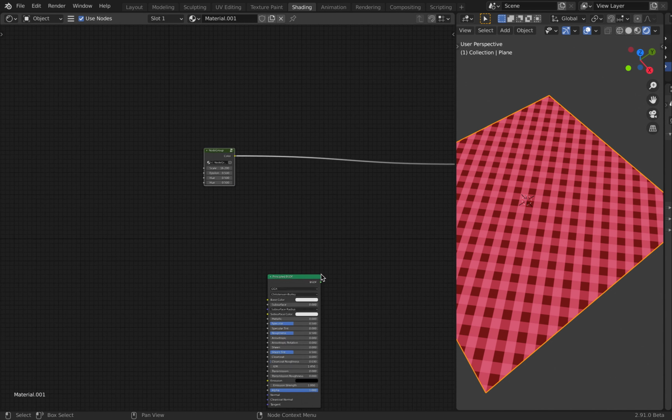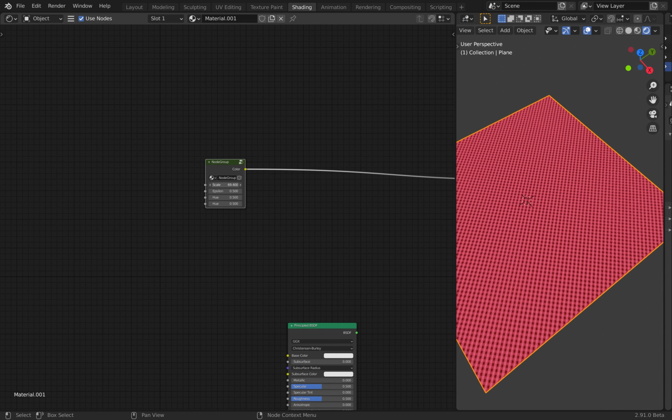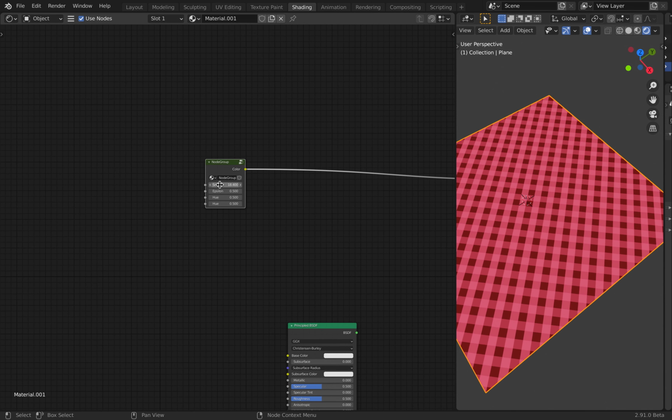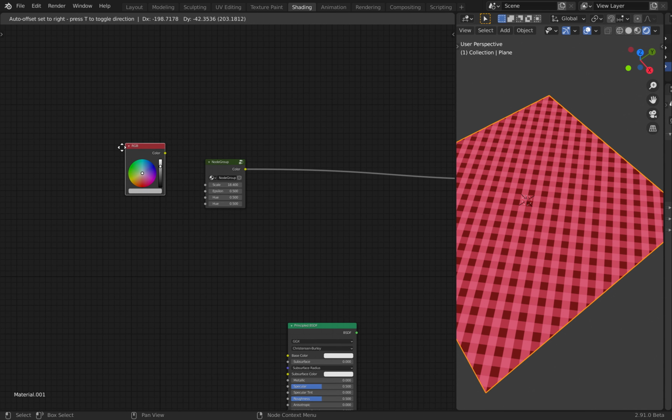You can just tab out of that, and now controlling the scale will give you a scale texture again, and epsilon decides the thickness of those squares, as I told. This right here will change the colors. For the hue saturation, the hue part of it, you could just use RGB nodes to control them.